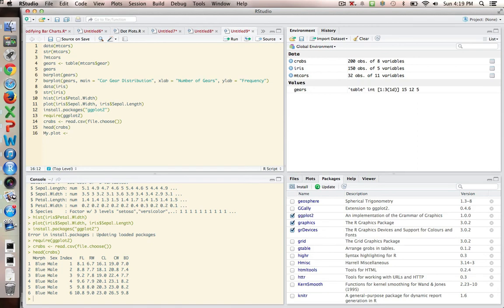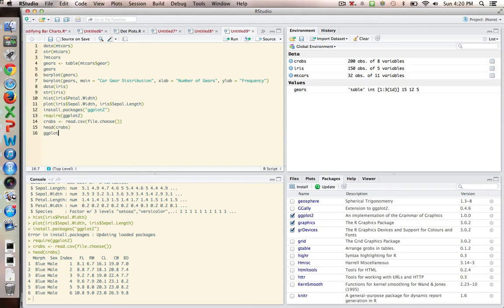On out. But what I'm going to do, and you might want to do that, and in fact, I will do it at the very end. But what I'm going to do is just add layer after layer onto our developing plot. So I'm going to start out with the basics of a ggplot